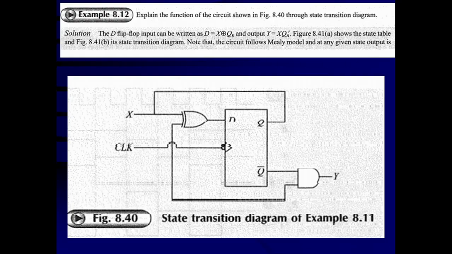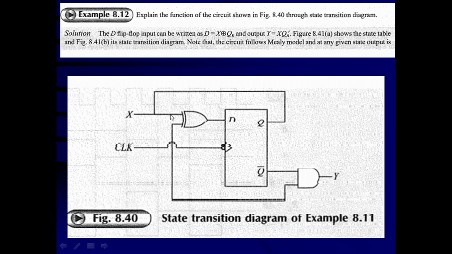Now, there is one example of a similar kind of analysis here. Here, a D flip-flop is given. In a D flip-flop, you know that there is one data input, D. That means output will take the value of this D after the clock edge occurs. That is the way a D flip-flop works. It has only one input, but using the exclusive OR gate, two inputs are going to be prepared.